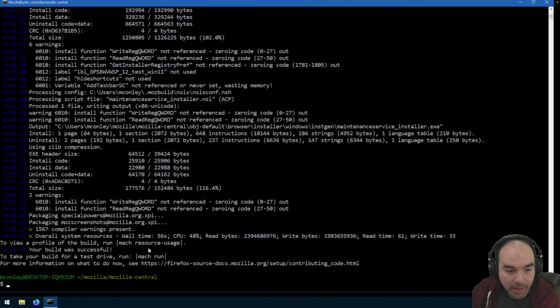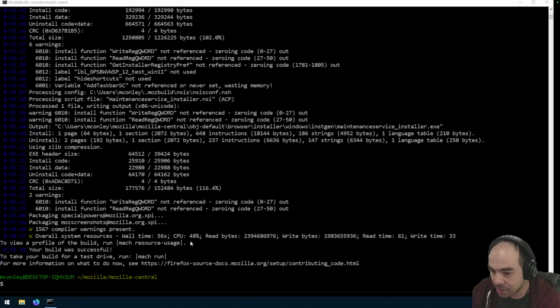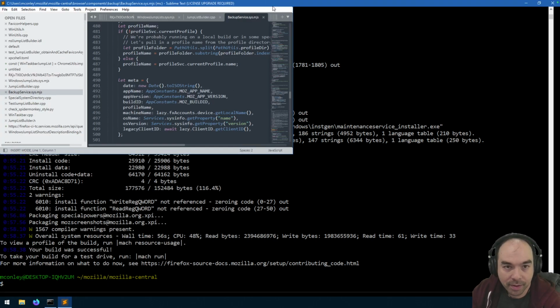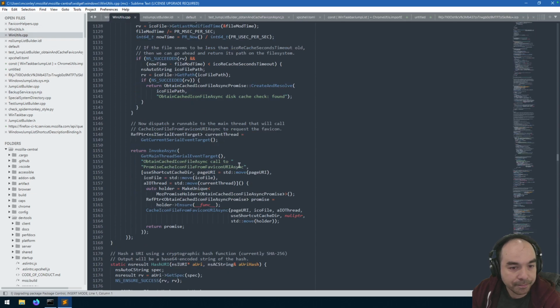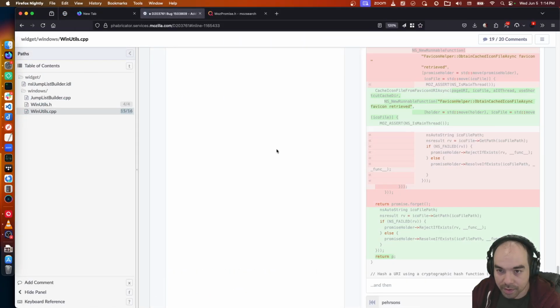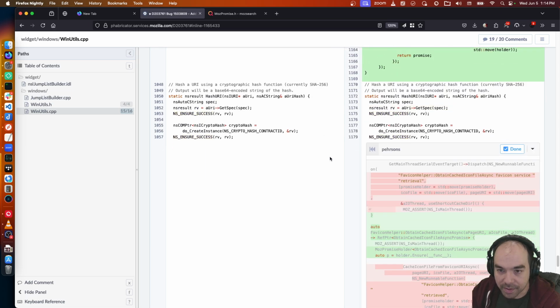So over here, I got my Windows machine. It rebooted while I was traveling, so I've got to reopen everything up here. WinUtils. I think we're looking at the right place here. It's kind of hard to read because of all this gunk.